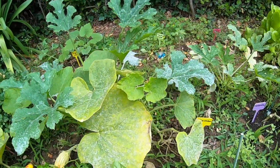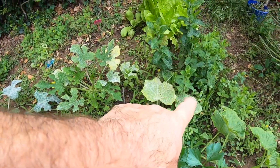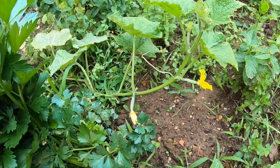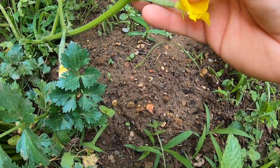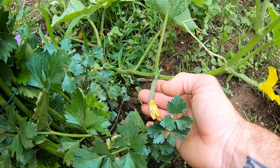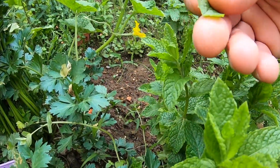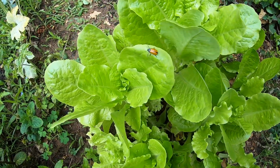In the back here, we have some cucumber, we have some mint, and with the cucumber, you can see where it flowers right here. This is where the cucumber will begin, is right there. Just this little piece right here will become the cucumber. There's another one right here coming. And what you have right here is mint. Just the smell of that mint is